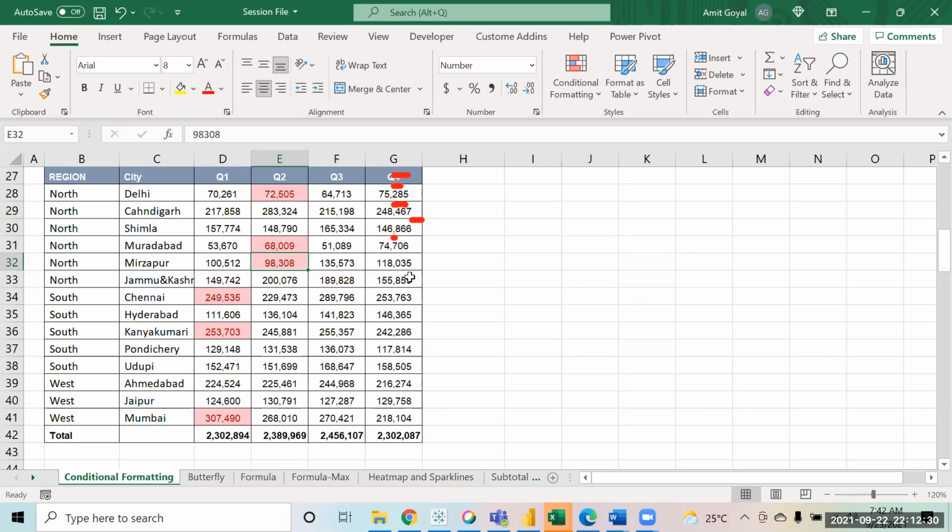Amit, I have a question. I'm using Google Excel, so I'm not able to find the option where we can find the top and bottom selections.